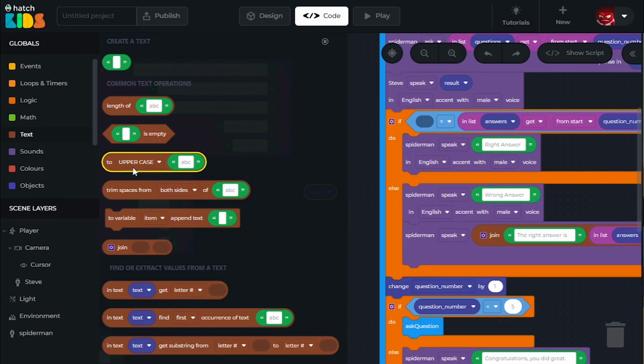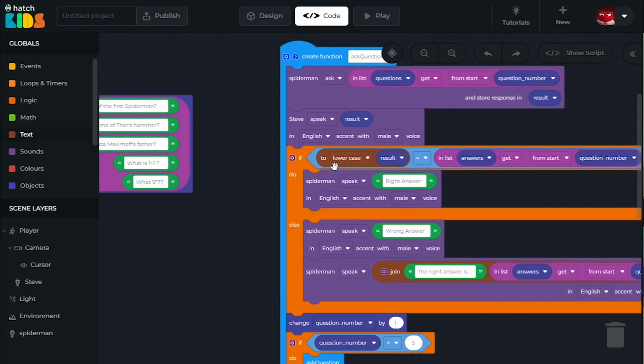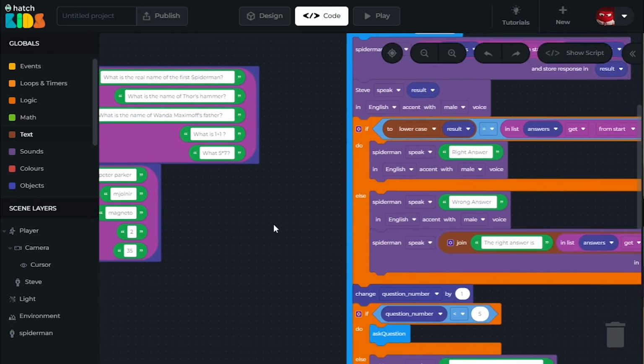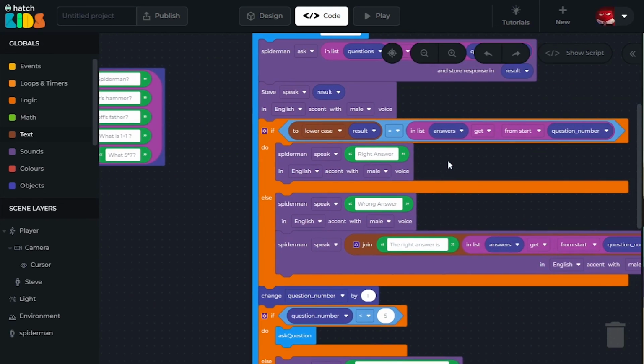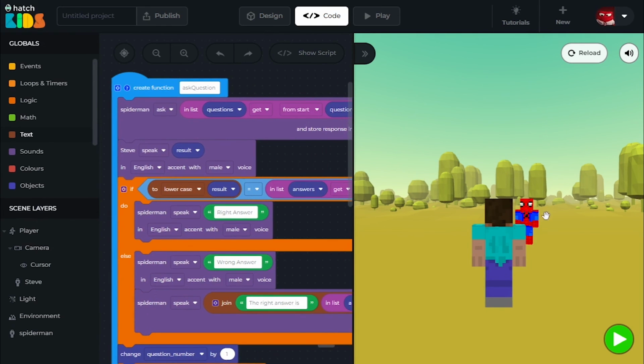So again, go to your text, bring out this to uppercase block, change it to lowercase, delete this ABC from here, and drag out the result, and now place it here. So if the result in all of its lowercase characters is equal to whatever answer we have stored here, then the Spider-Man will say it's the right answer. So now even if the player is writing their answer in all capital letters, the answers will still be considered as correct answers. Okay, so this is slightly smarter code than what we had earlier. Now our characters are smarter in terms of understanding what we are writing. So when you run the code now,